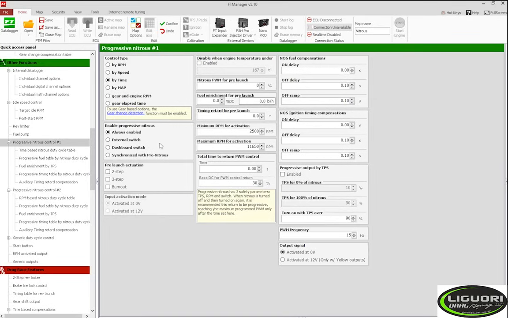So just keep it always enabled. If you don't use the two-step before you actually want to launch the bike or vehicle, keep it always enabled. That way you never forget it. You never have to remember to turn it on or whatever. I've seen a lot of guys go up to the line, not turn the nitrous on, and make a bad